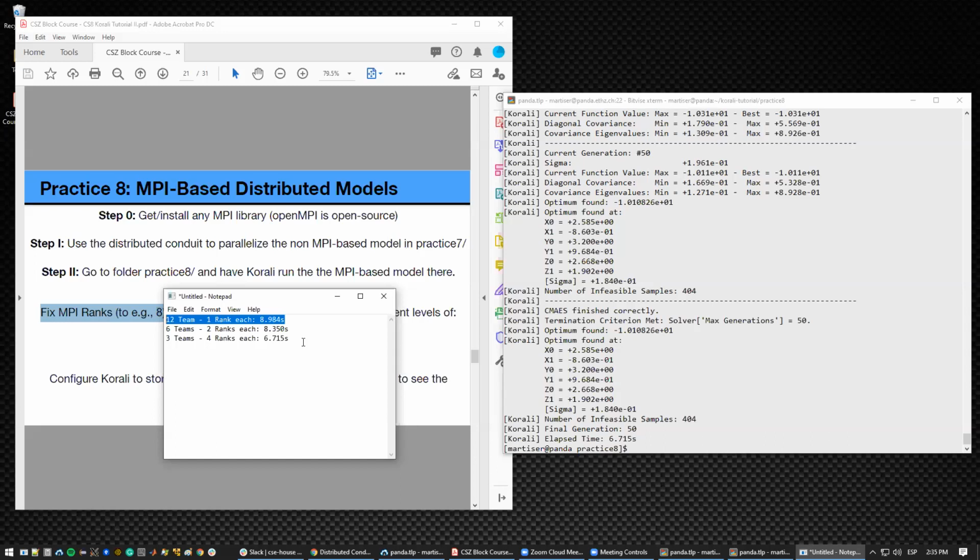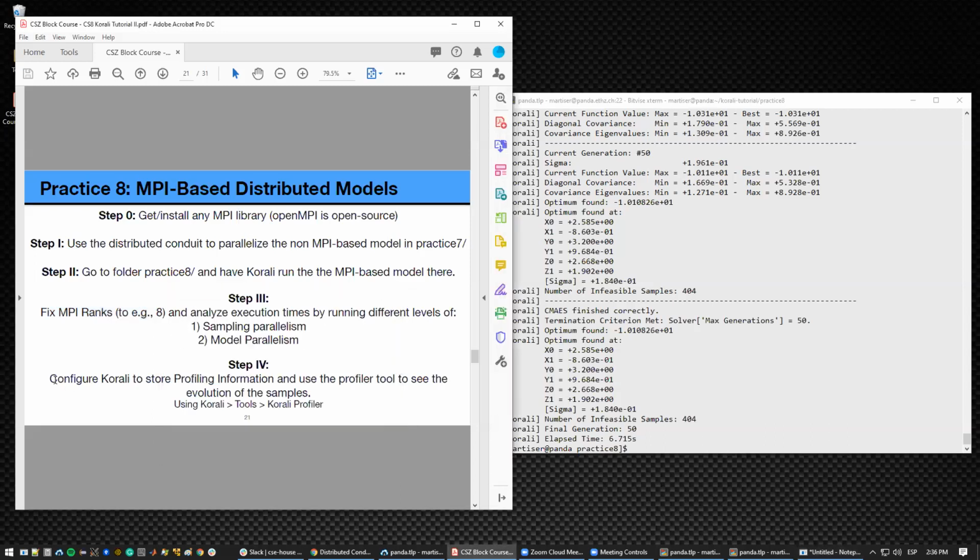So I guess an even better tip would be to say, always try different configurations. So be empirical. Don't try to theorize when you're talking about parallelism, because there's things that are beyond your knowledge, architectural stuff that even you would not know about, and so try different ways before deciding on one. Okay. So it says, configure Korali to store profiling information and use the profiler tool to see